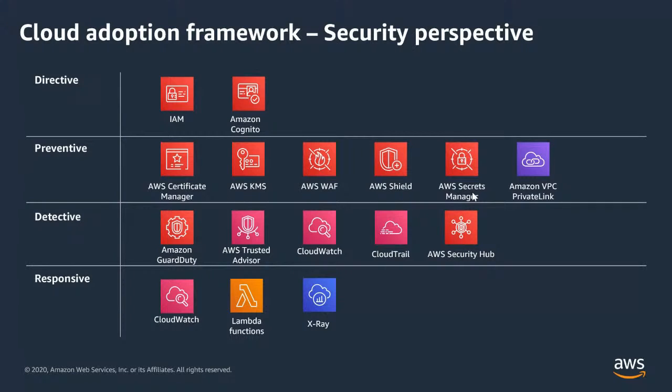So Secrets Manager is basically a vault service that allows another service to manage all the secrets for you, so that only authorized services can access that vault, right? So that's how you would do it. Now with Detective, it's basically controls that provide full visibility and transparency over the operation of your deployment.